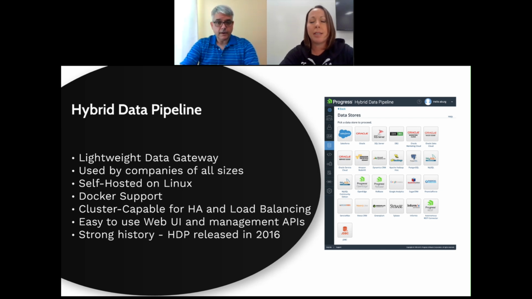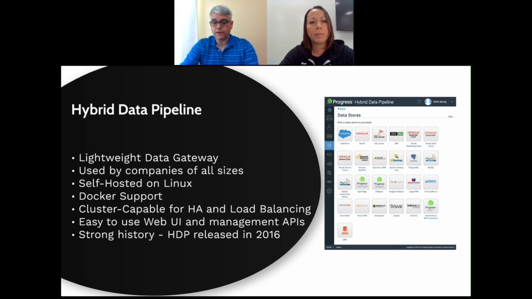Yeah, so it's a single data gateway that you can run as a standalone single node. It also supports clustering for high availability and failover. We have a regular installer as well as a Docker image that can be deployed either on-prem or in any of the public clouds behind a load balancer. The install goes pretty smooth. It should get up and running in a day or less.